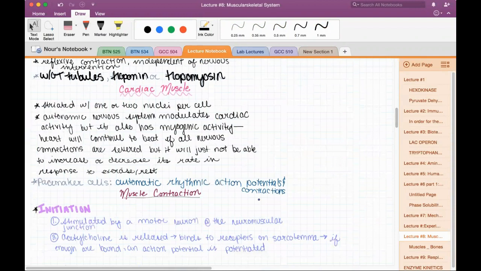Cardiac muscles are striated because they're manipulated a lot more than smooth muscle, because your heart's always beating. They also have more nuclei than smooth muscle because of that, but not as many as skeletal muscles, because they have a very rhythmic and constant kind of movement. The autonomic nervous system modulates cardiac activity, but it also has myogenic activity. The heart will continue to beat if all nervous connections are severed,